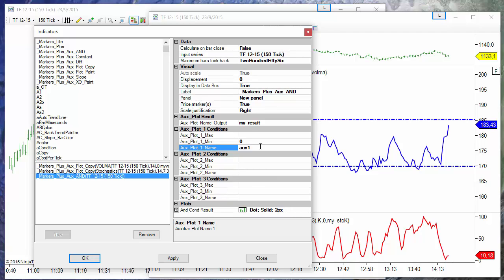The condition number 1, my stochastics, it must be for a long bigger than 80,